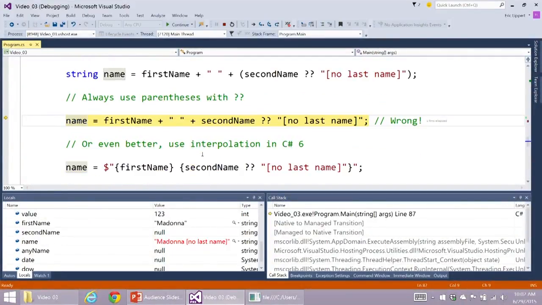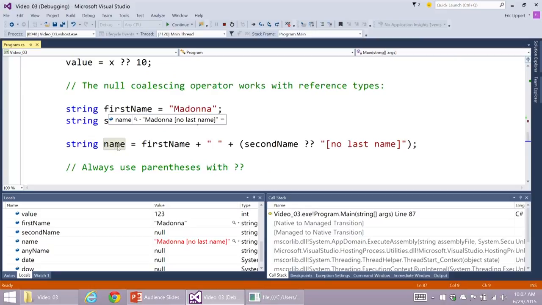Right? And so if we do that, then we'll see that name is Madonna, no last name. If she had had a last name, then we would not have evaluated this. We would have just used the value of second name. So you can use the coalescing operator with either reference types or nullable value types, but they have to be